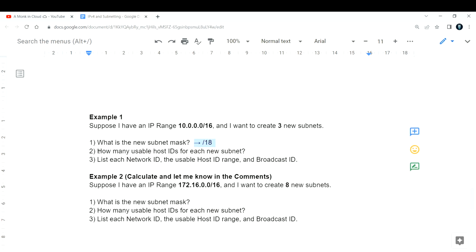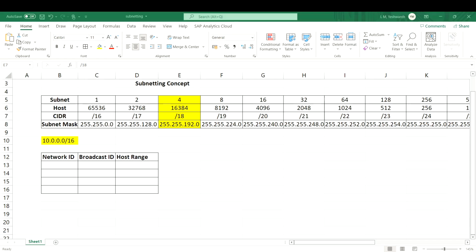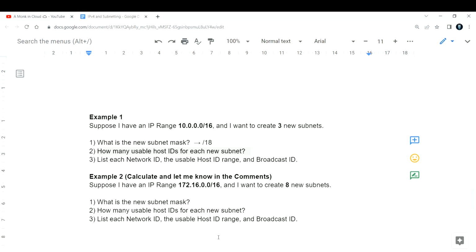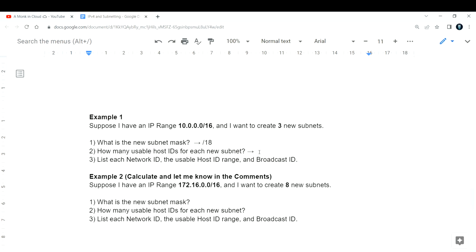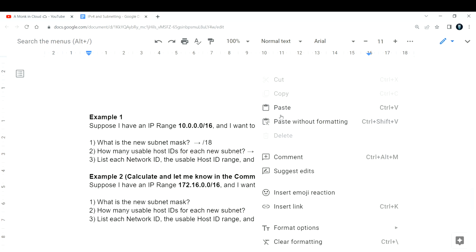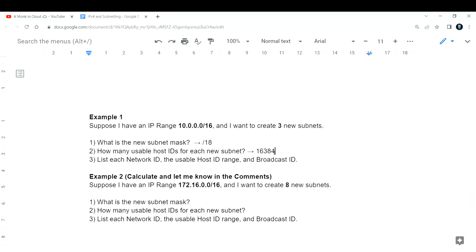So now next, how many usable host IDs for each new subnet? Let me go back here. So host here, if you see here, you have 16,384, right? Let me copy that. These many IP addresses you can have, or these many hosts you can have, subtracted by -2. So first and the last address will be used by the Internet Assigned Numbers Authority, right? So you cannot use the first and the last 2 IP addresses. So your answer would be